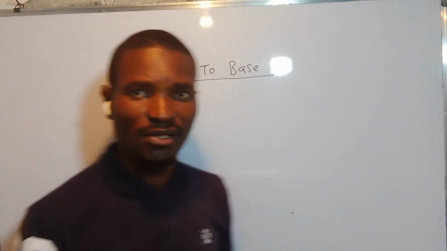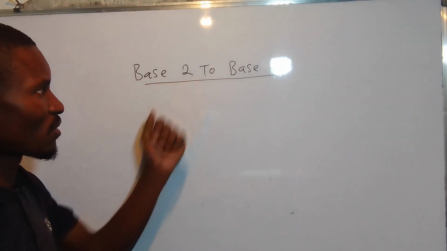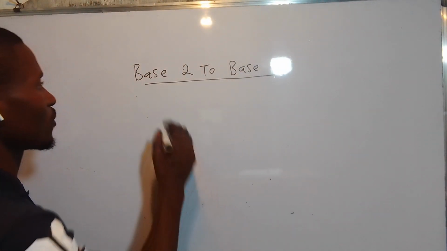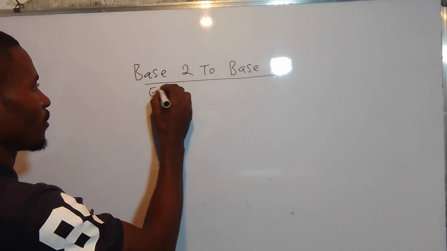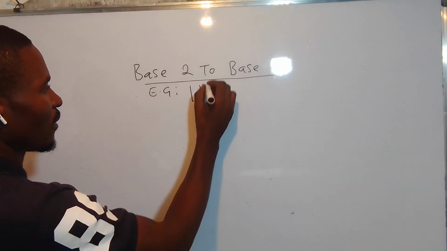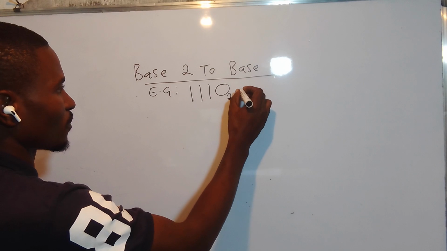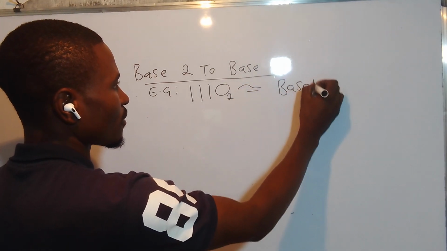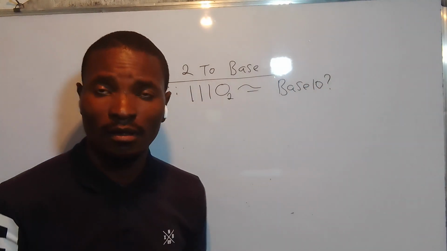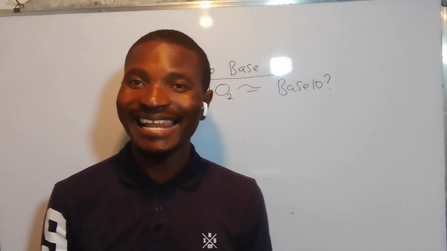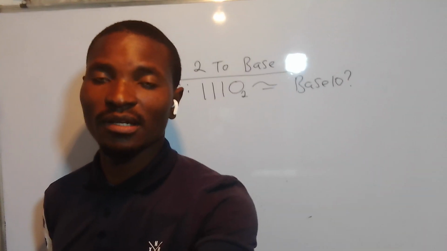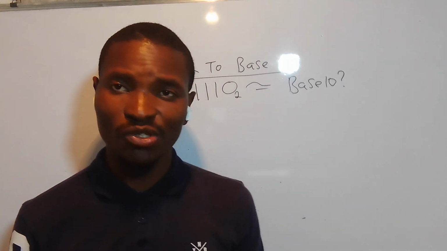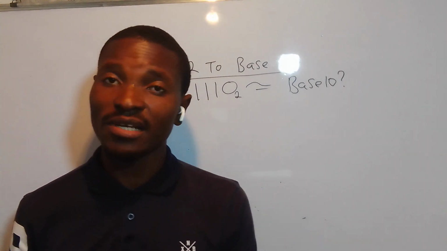Now, as you can see on the board, I've got base 2 to base 10. So, base 2 to base 10. I'm going to put a number as an example. Let's have this number, which is base 2. Now, what is this number in base 10? We don't know the answer in our base 10. So what you do is when you're converting from a base 2, which is a binary